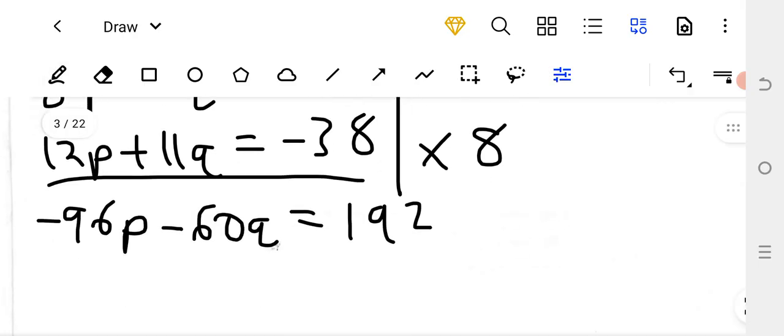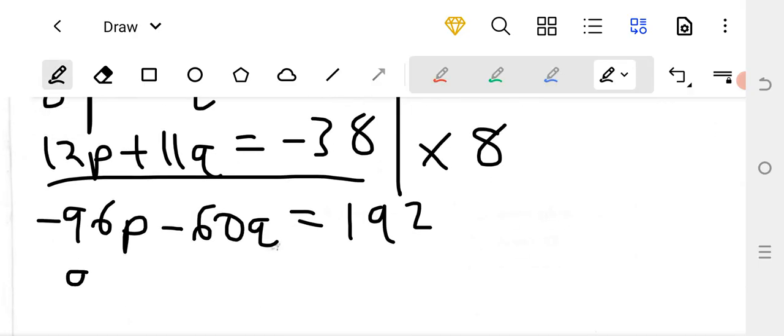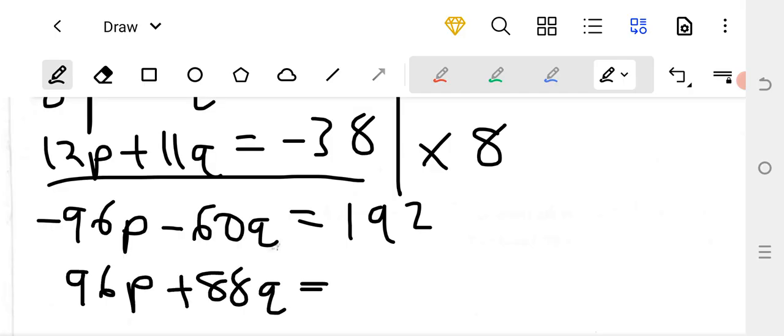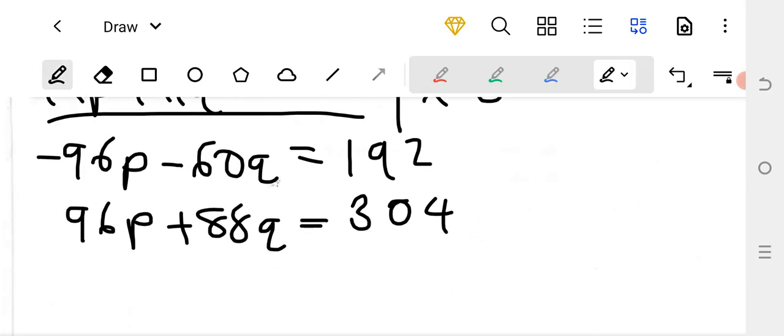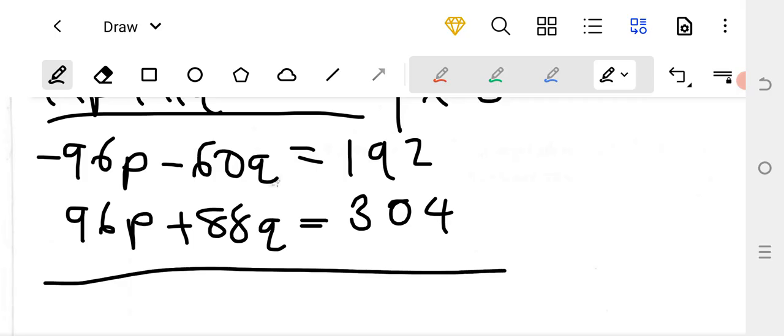Then down you're going to have a positive 96p, then plus 88q is equal to negative 38 times 8, which is 304. To continue, we are going to add, and this addition is going to cancel out the p's, leaving us